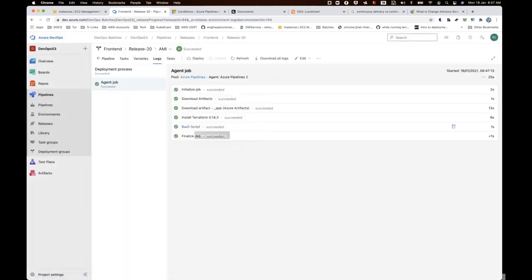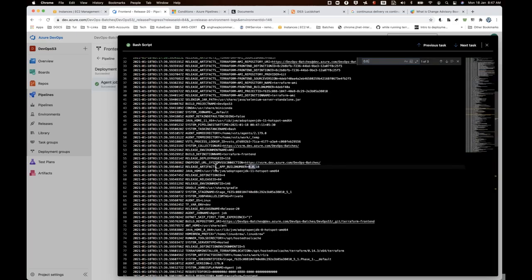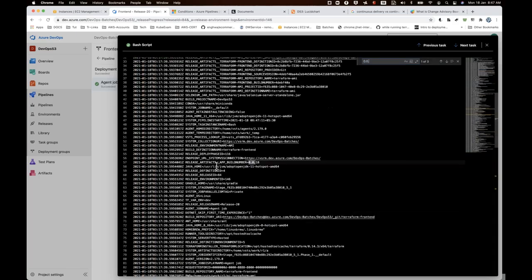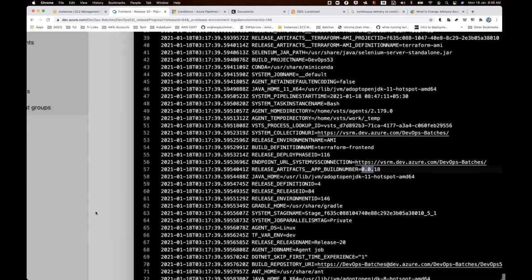Let me go here, bash script, and now let's find it out. 0.0.18. You see this? This is coming. It also might have been there earlier, I didn't observe. Okay, release artifacts app build number. Release artifacts underscore app.